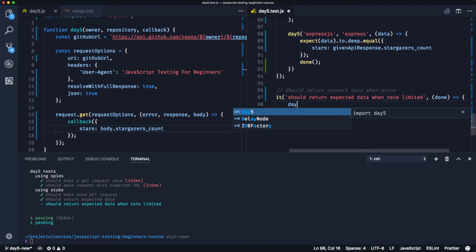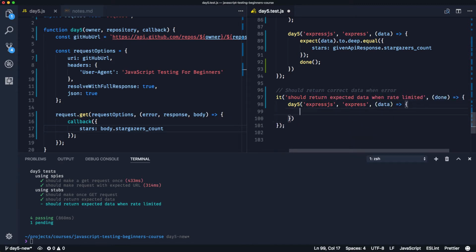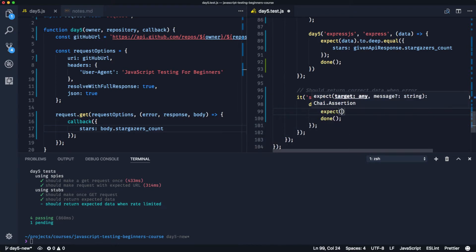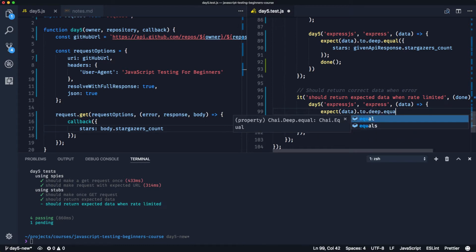So again, we're going to call day 5 with express.js and express repo. We're going to expect some data back. And again, we would call done after we've finished. So what's our expectation here? Well, perhaps we want it to say that we've been rate limited in some way and give us some success code. So perhaps we say expect the data to deep equal